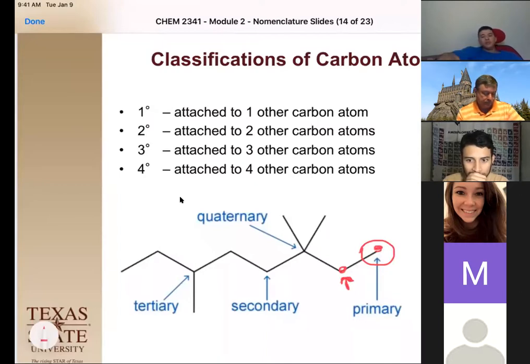Don't forget that, okay? So if we only have one other carbon bonded to a carbon, that makes this carbon a primary carbon because it only has one other carbon attached to it. What that also means is it has 3 hydrogens attached to it, okay? And that gives you its type of reactivity, how it's going to bond and everything. It has to do with the idea that it has those 3 hydrogens and only 1 carbon.